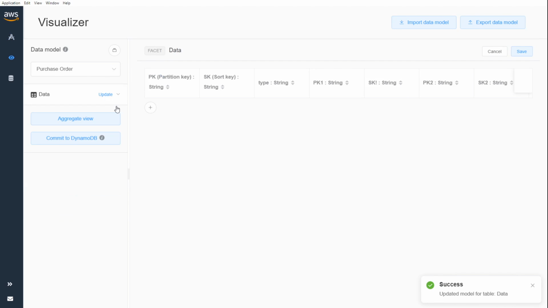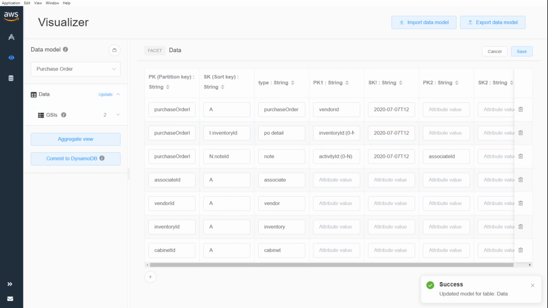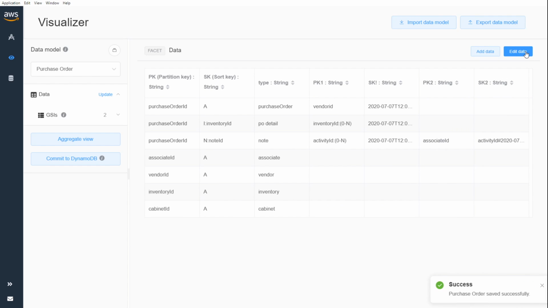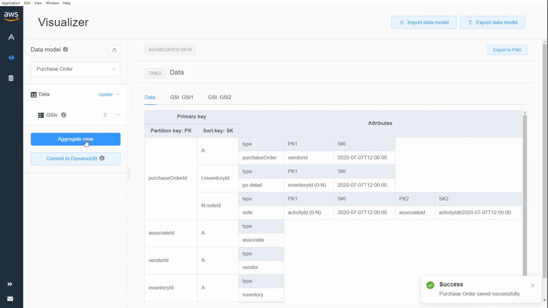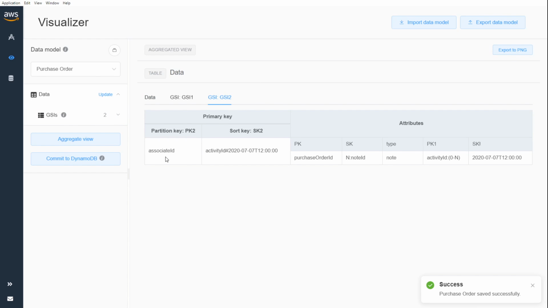Now we can go back to the visualization. And so SK2 is going to have activity ID and date as the sort key. And if I save that and I go back and look at GSI2 now,